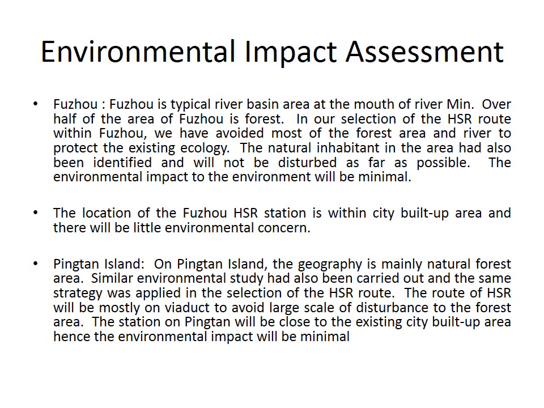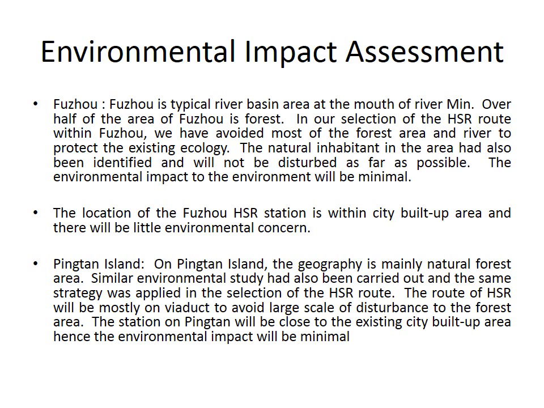Therefore, in our selection of the high-speed rail route within Fuzhou, we have avoided most of the forest area and the river to protect the existing ecology. The natural inhabitants in the Fuzhou area along our route have also been identified, and they will not be disturbed as far as possible. Therefore, the route of the high-speed rail will have little impact to the environment.